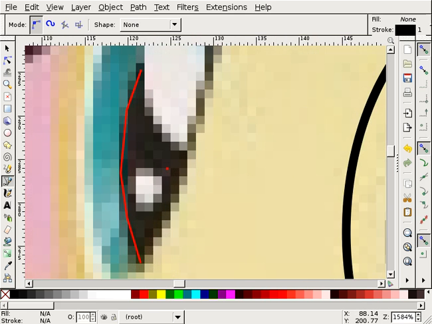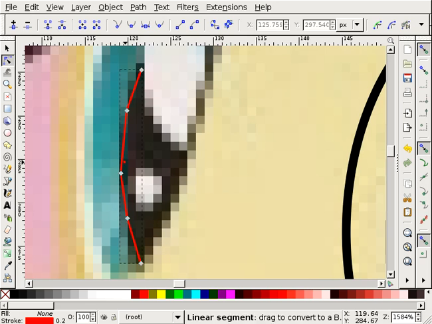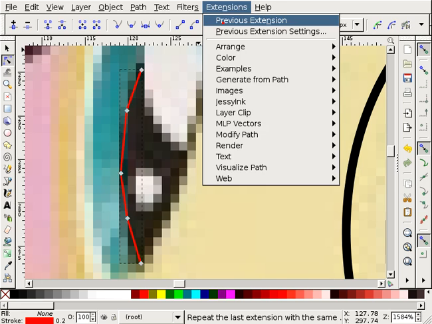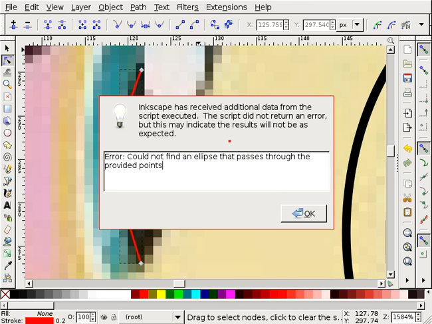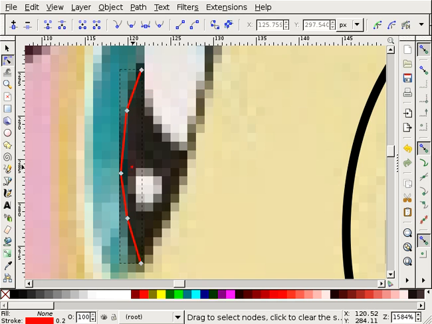To show you why that is, I've got an example over here where I didn't do that, so you can see what goes wrong. So I'm trying to use these points to get the shape of the pupil, but when I run the extension, it comes back with this error message, could not find an ellipse that passes through the provided points. What this means is when the extension went and set up all of its equations and everything, the math came back with no solution,